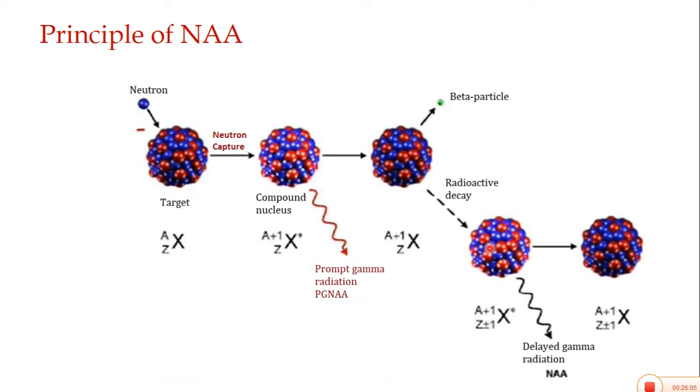This is called a metastable state. This process may take place here in order to delay gamma radiations. So this is called prompt gamma radiation neutron activation analysis, and this is known as delayed gamma neutron activation analysis. Both activation analyses give you information, and this one is associated with the short-lived, because